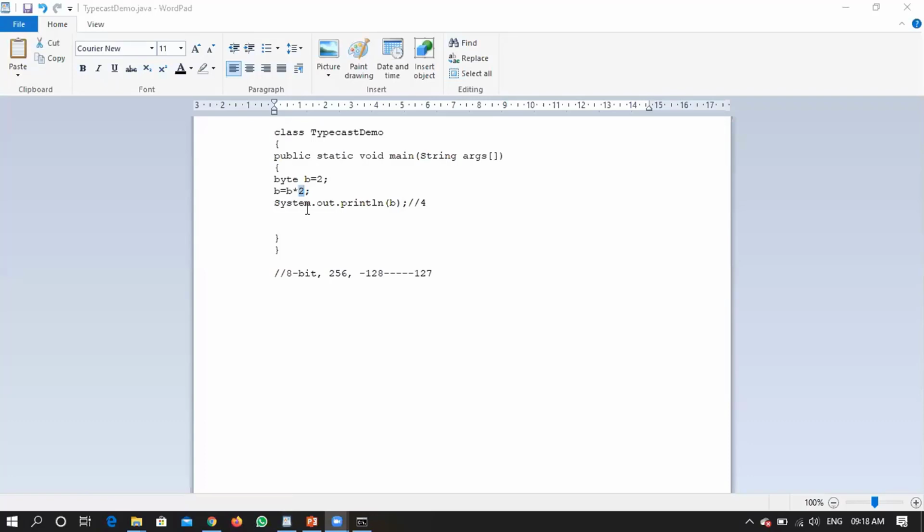Did you understand my question? Instead of a 2, let us take a 3. Why should it be confusing with respect to the first 2 and the second 2? What I'm saying is, you have just written a 3, right? How did you expect that 3 to be considered as a byte?